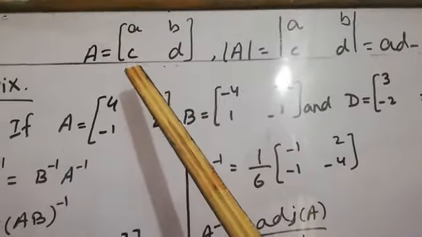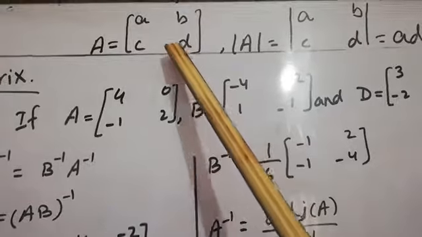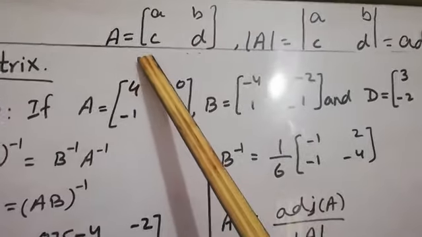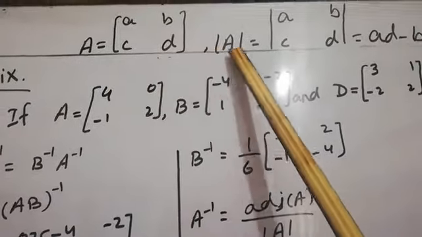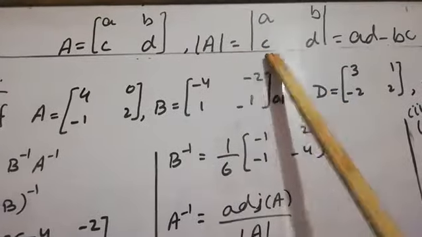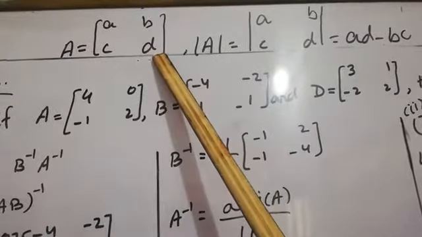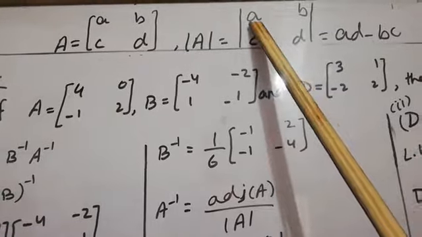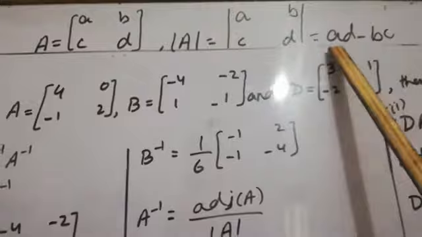For example, if we have A equals a, b, c, d in this form, and we are going to find the determinant of that matrix A, then first of all you will write the A and this matrix in two straight lines, meaning the absolute sign or mod sign. You will write the values between straight lines instead of the brackets. Now you will write a, b, c, d, and if we multiply, ad minus bc is known as the determinant of a matrix.